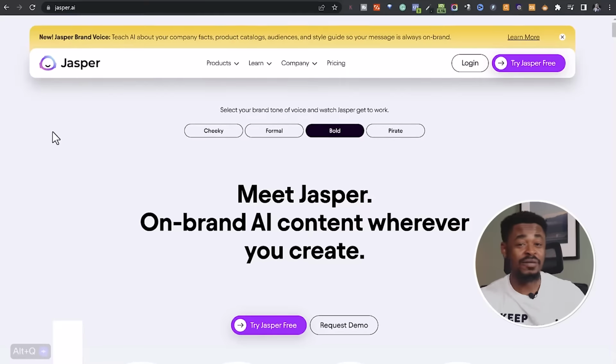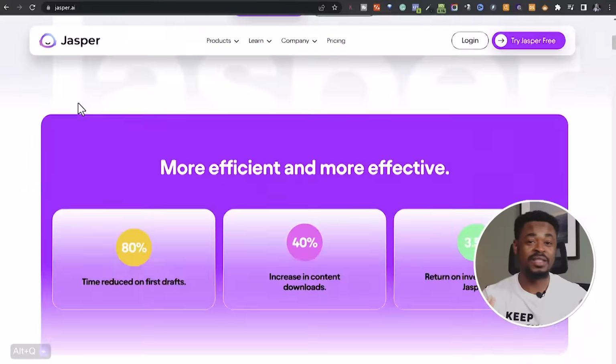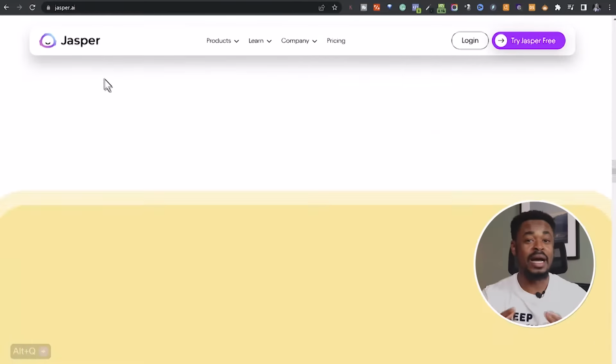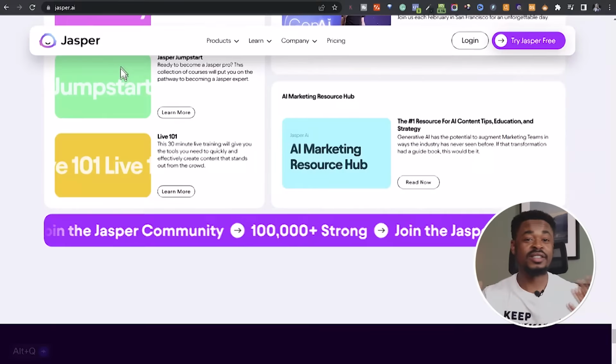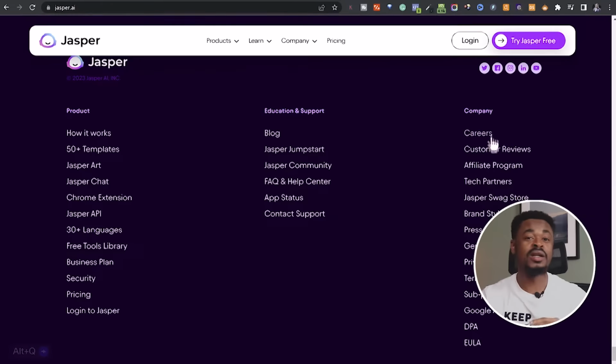For example, we are promoting this product, Jasper AI. Now, Jasper AI is a powerful AI art creator as well as a content creator. So you can save time writing blog articles and social media posts by using this tool. It generates full articles with images, and their posts cannot be detected by AI content detectors.